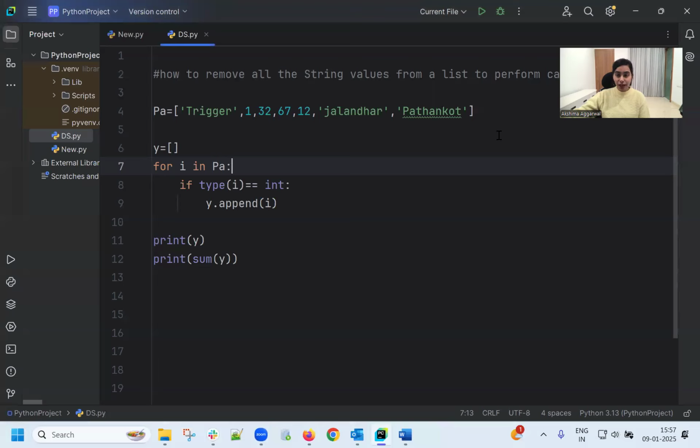So this is the list we have. What I have done, I have made one empty list. Then take a for loop. If the type of that particular element which is present inside the list is of integer type, then I am going to append that particular element inside the empty list. Okay, then afterwards we are able to take the sum. Now let's see the output